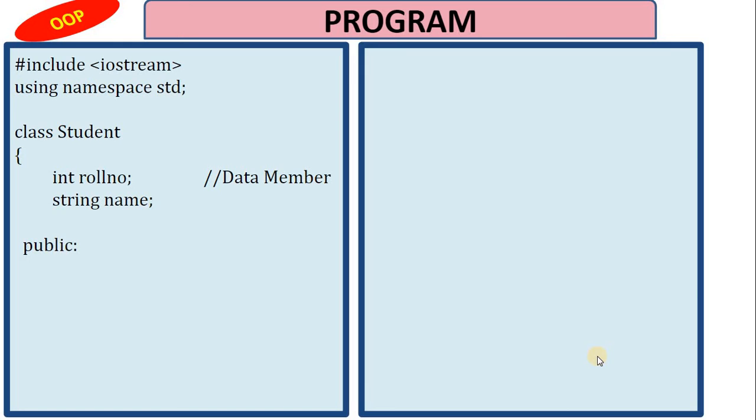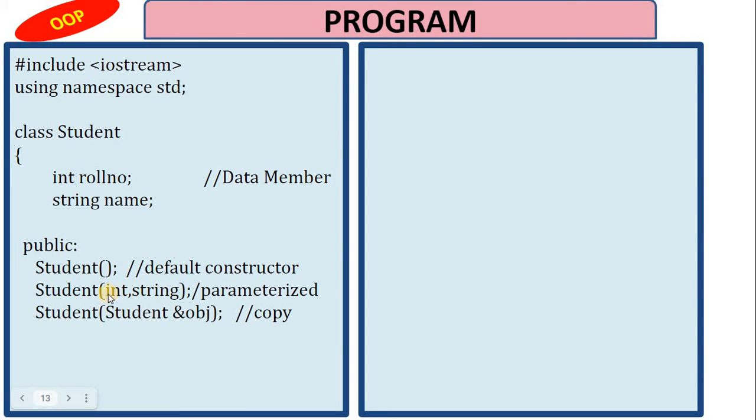Always it is said that the characteristic of a constructor is to declare the constructor in the public section. So, we are taking 3 constructors. First constructor, which is the default constructor. Why is this a default constructor? Because it has no parameter, and it has the same name as that of the class. See, your class name is student and the function name is also student. So, this is known as a default constructor.